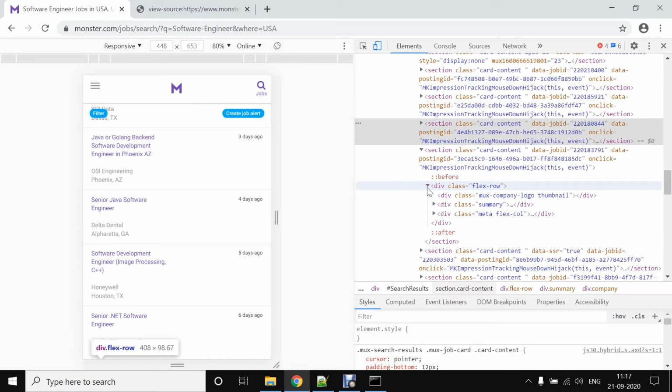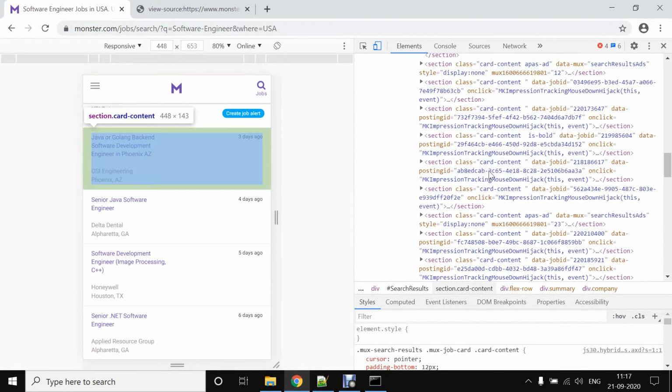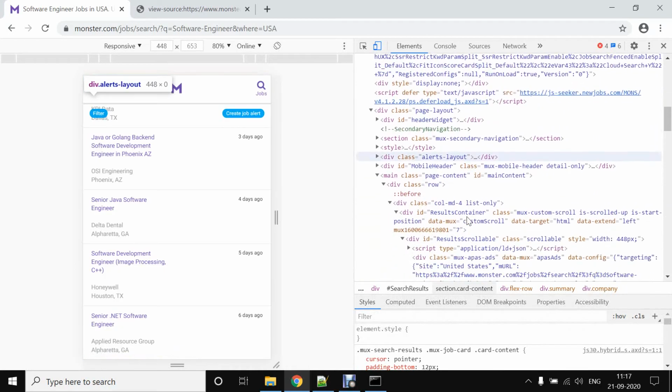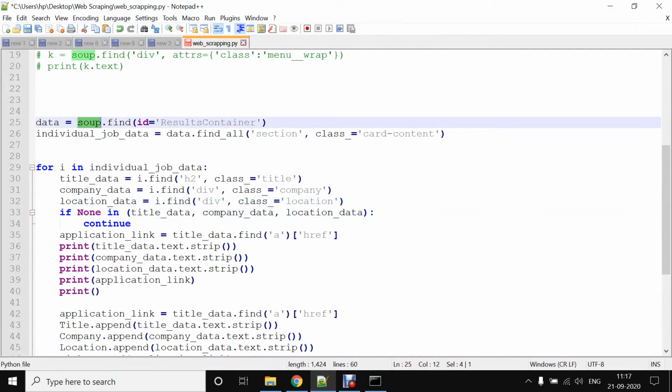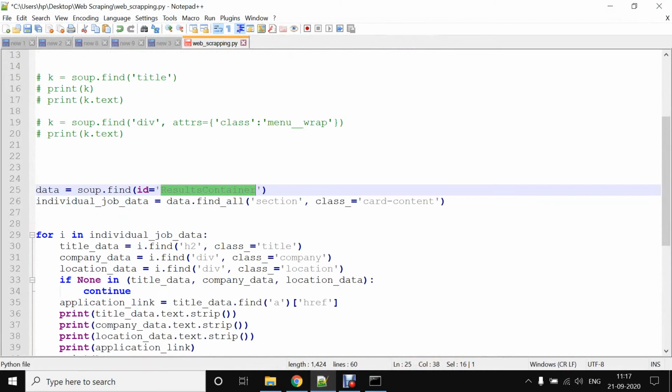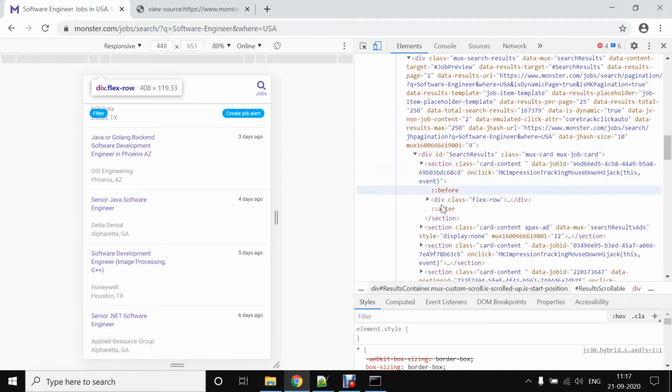You must have that understanding of div tag elements, all HTML related content, how you use classes. Okay, so for web scraping you need to know all these things. Here we can see that all this data is under this div, the result container. So what I have done is I have used find with the ID result container. You can also directly fetch that ID. So we will fetch all the data under this ID. Result container ID we are fetching means this whole data will be fetched.